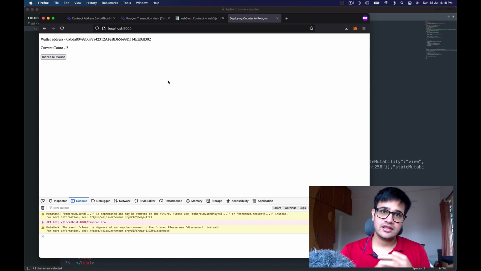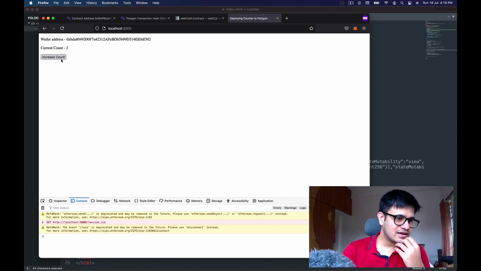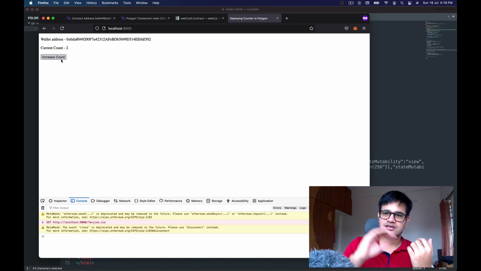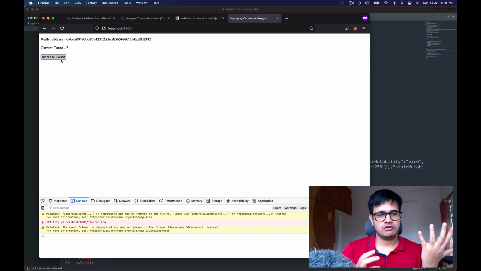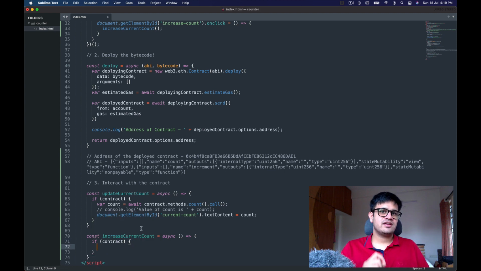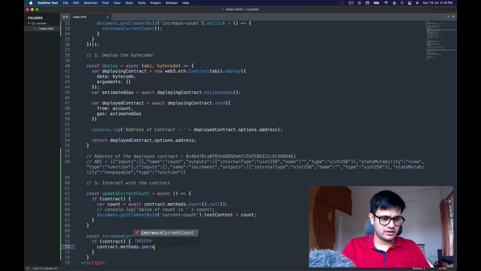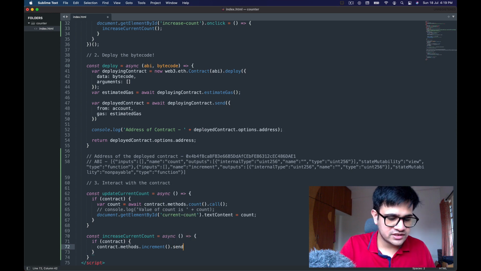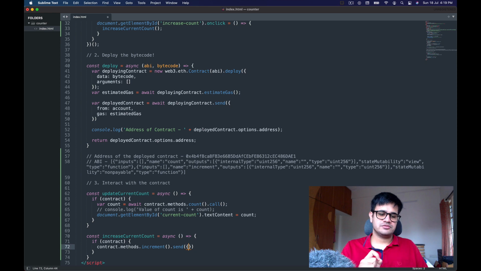All right, now the next thing that we need to do is get a click on this button so that it sends a transaction that increases the current count value. So we go back to the code again and make sure that the contract is present over there. Now this time we're increasing the count, so we have to pay gas. It's not going to be as simple as calling the call function. What we actually need to do is go to contract.methods.increment. I don't know if you remember, but this was the name of the method, and instead of calling call, we now have to do a send over there with another object that we have to pass in.